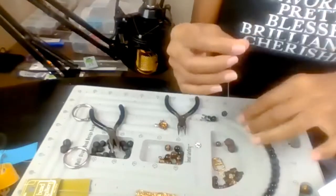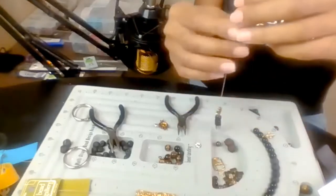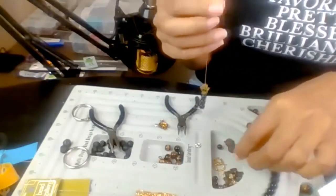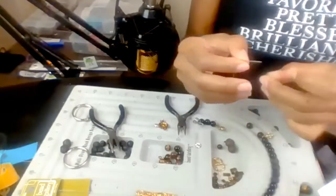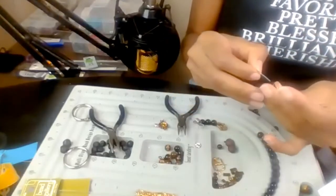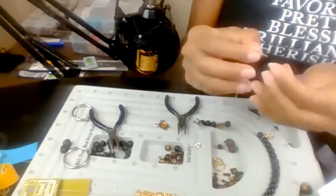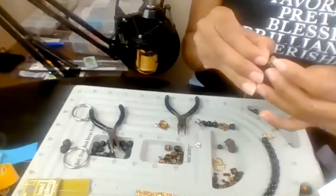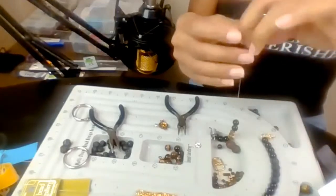So for this bracelet, I'm going to add a Hamza hand. I got this from Hobby Lobby as well. I'm just going to space it out. All right, so I'm going to add some spacers. You know what? I'm going to add the black bead first, and then I'll add the spacers. I almost forgot to use the spacer beads. It just adds that extra little level of flair, especially with something with a